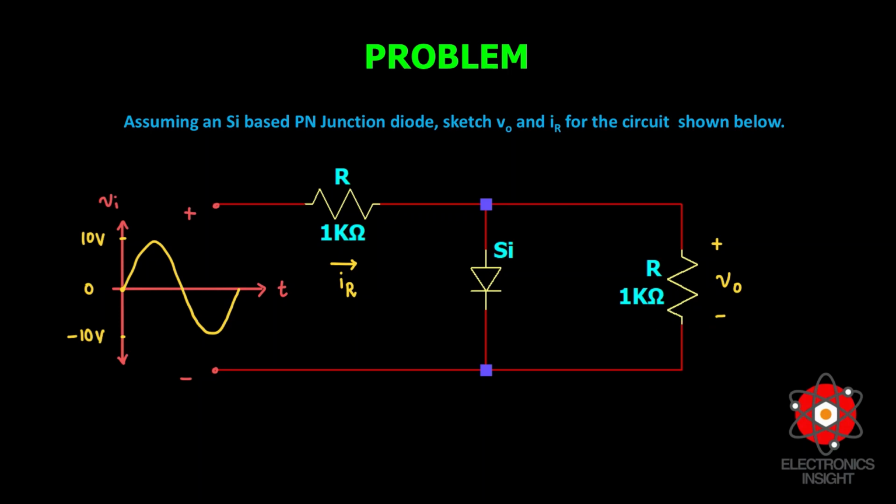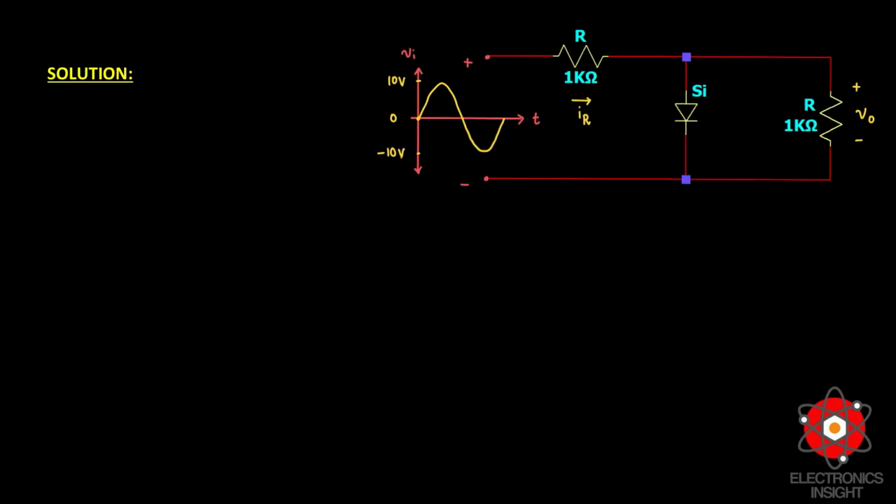And we are also given in the problem that the input voltage is going to vary from plus 10 volt to minus 10 volt. So based on this, we need to identify what will be the output voltage and the current through the resistor of 1 kilo ohm. Considering the potential drop across the diode as 0.7 volt, now we can understand that the V0 will be exactly equal to 0.7 volt because we have considered R equal to 1 kilo ohm only. So V0 we can write with the voltage division rule.